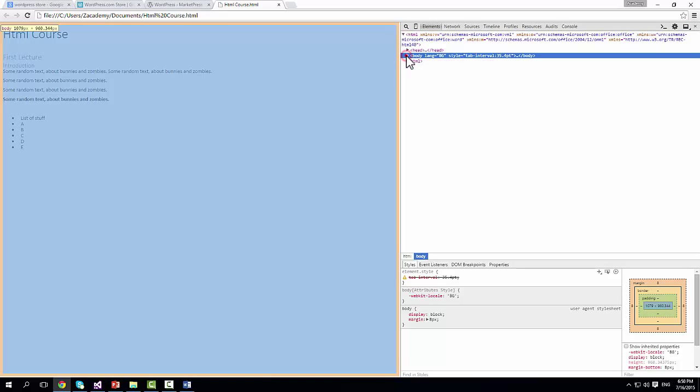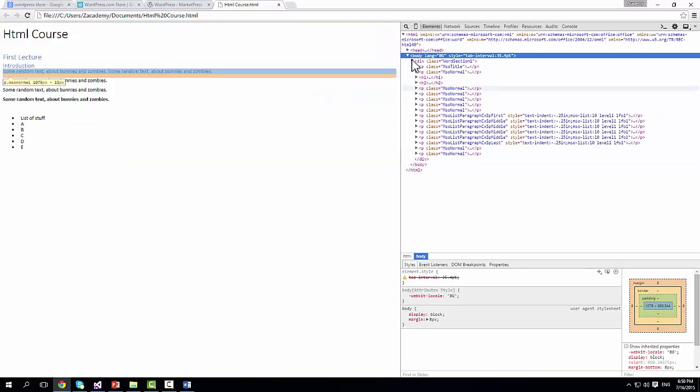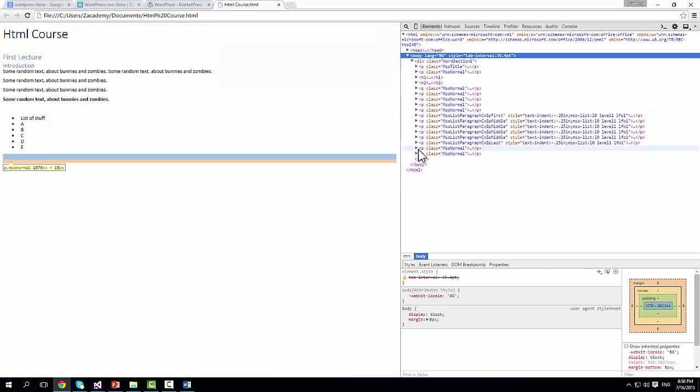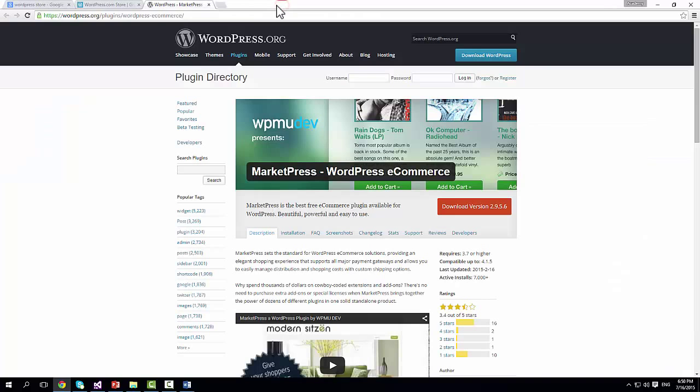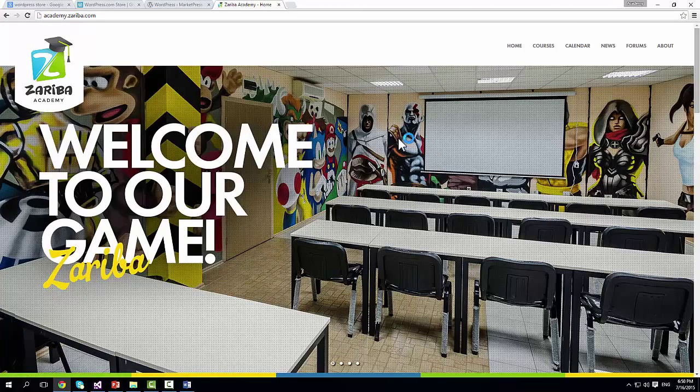Inside here, we would be able to see the structure of our page, which again looks a bit weird, and if you want to write the same thing, it will look a little better than this. Another example that I wanted to show you is if you go to our website and I click F12 again,